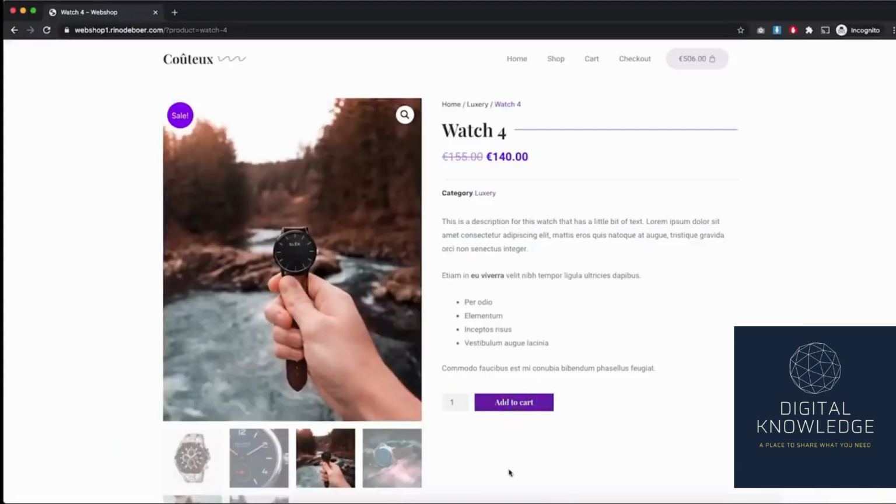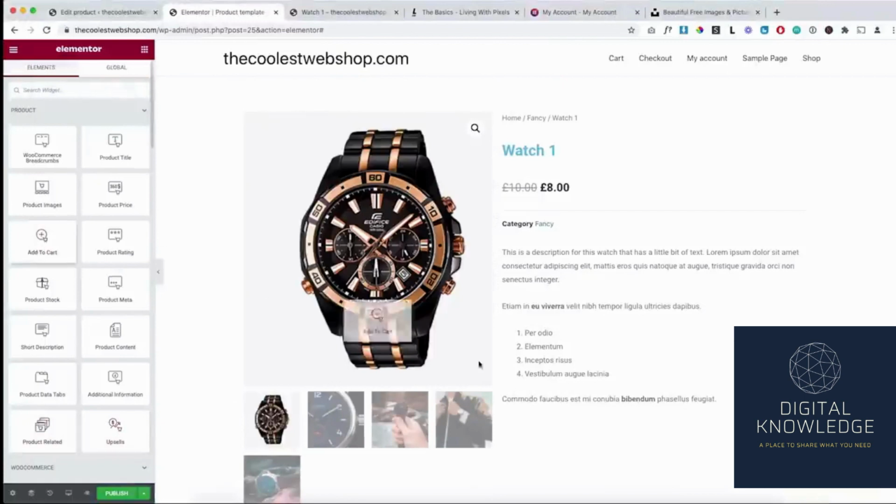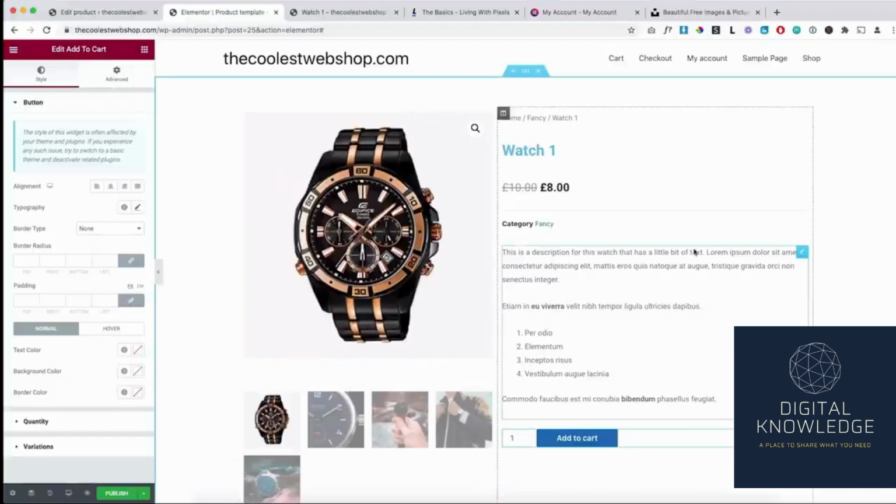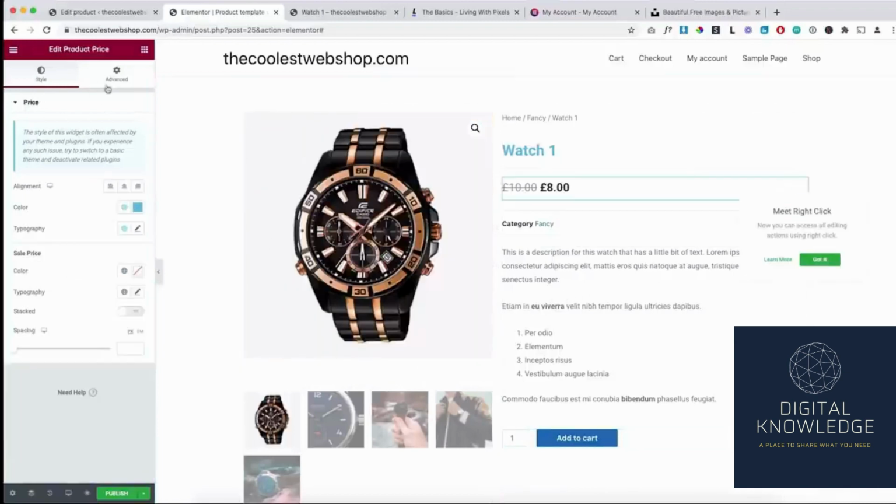And then the last thing is the add to cart button. So let's drag in the add to cart button. As you can see, this is all dynamic, and most of the elements here we can customize completely, which is awesome. So before you start going in really excited and change all the style options in here,